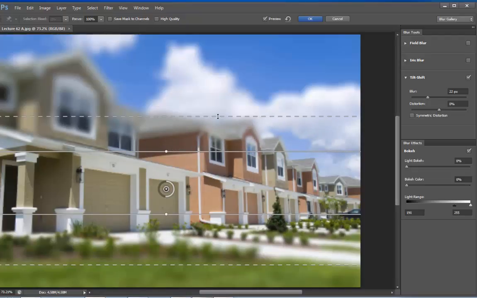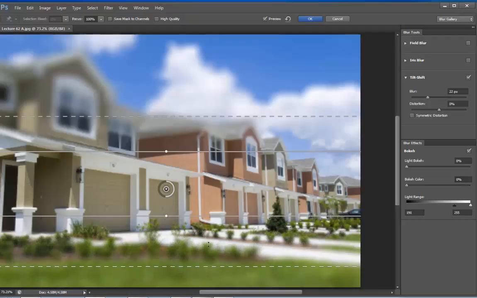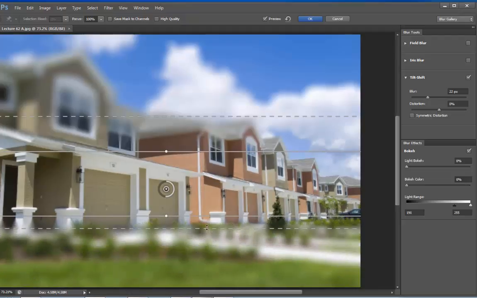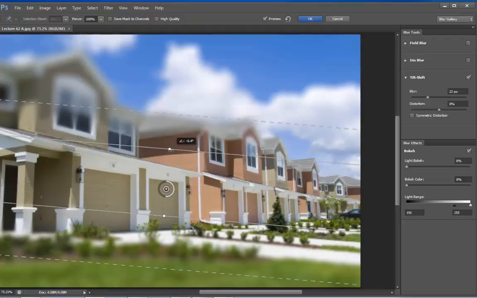I'll move it up again. Same exact controls below to move it down or to collapse them for a sharp blur, or move it down for a gradual blur. We also have these rotation controls.